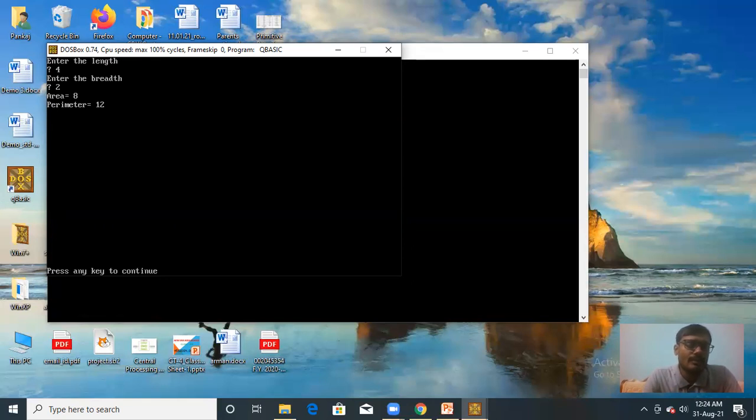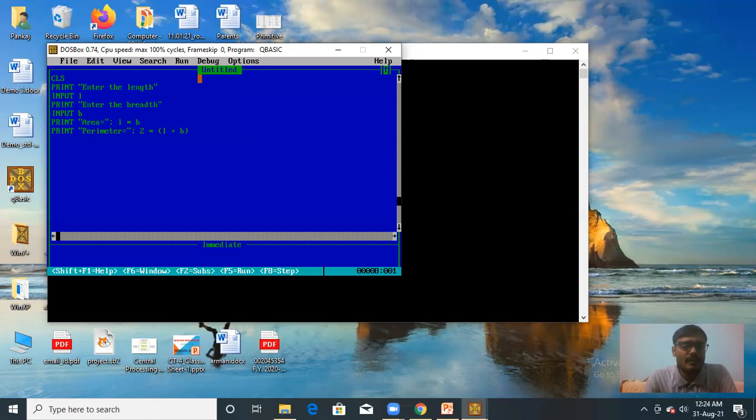Okay. So in this way, your computer gives the output. Now you can add its unit like meter or centimeter, meter square. In area, you can write its unit, add its unit, meter square, and in perimeter you can add meter or any another unit. So when you press another key, the same program will come, and you know how to save the program.